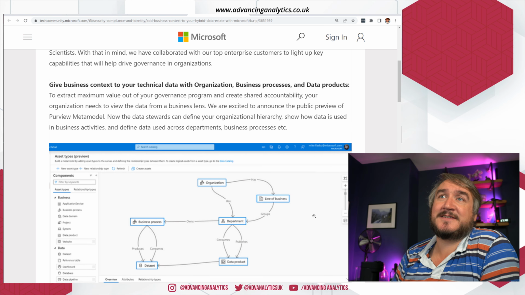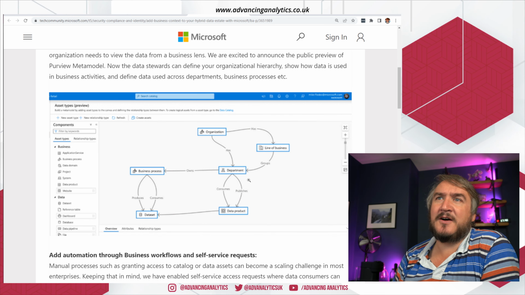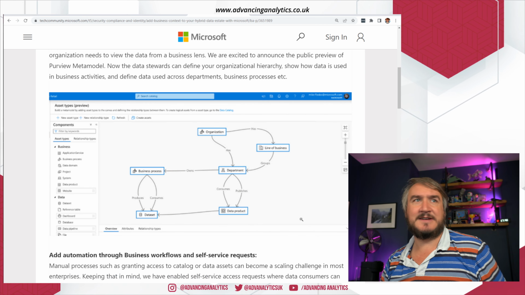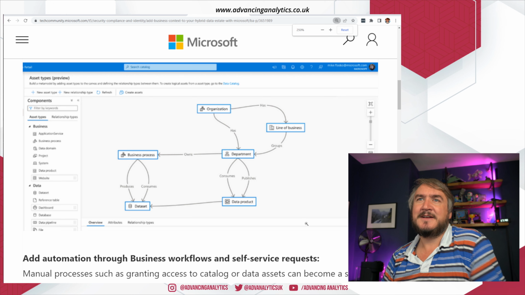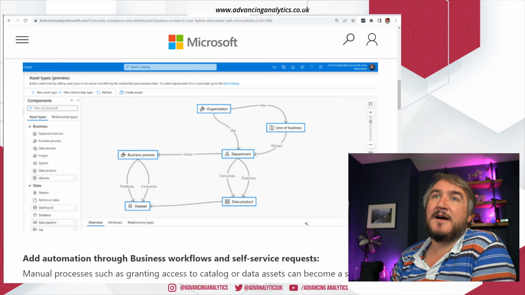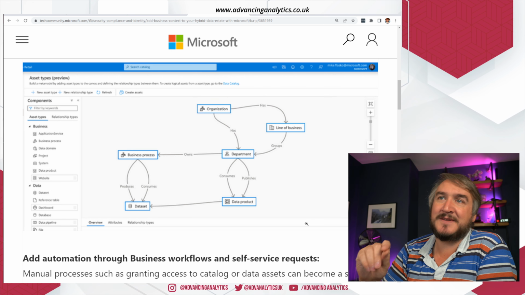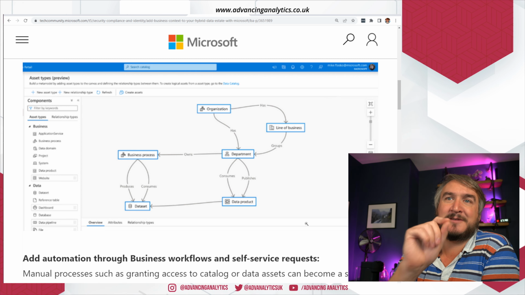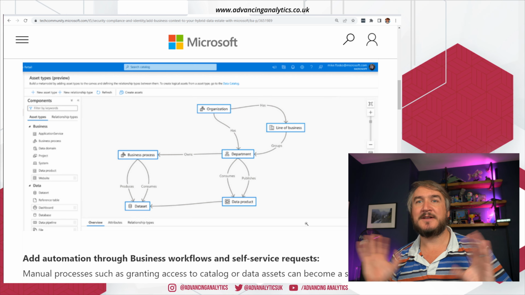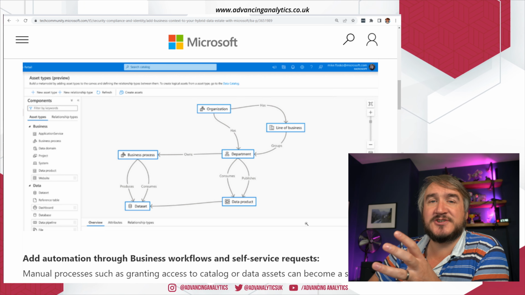But yes, we have things like this. So we've got Purview metamodel. It actually looks like this, where we've got this idea of different groups and the relationships and how they link to each other. I can't really get a better picture of it, but okay. So being able to put this mapping of different asset types, it's building it as a map. So you can see that an organization has departments. Departments own business processes. Business processes consume and produce data sets. And just that additional context to how all of your various different assets and asset types actually work.